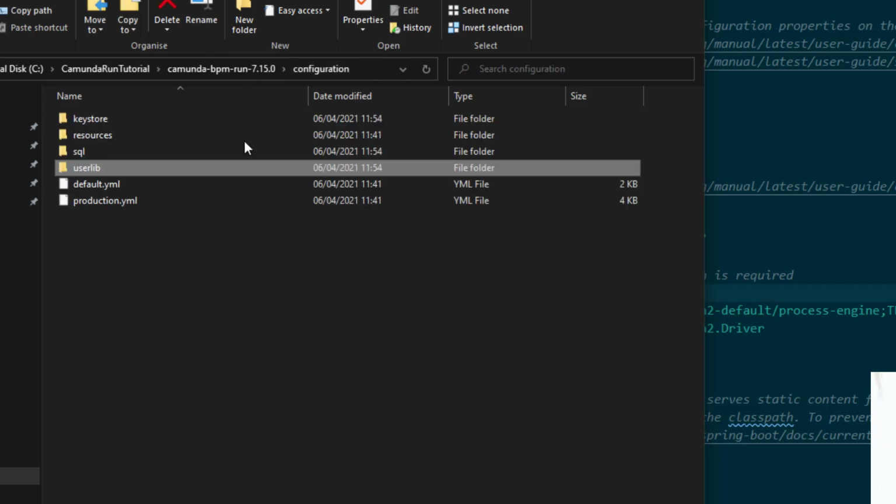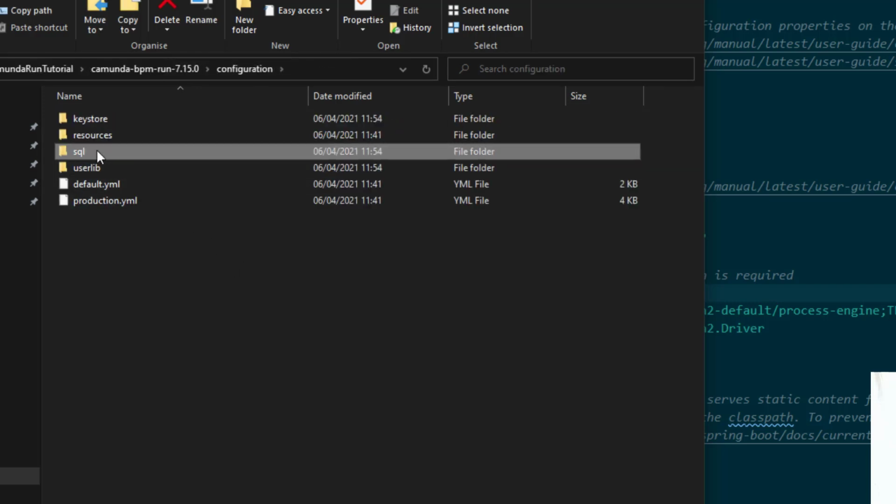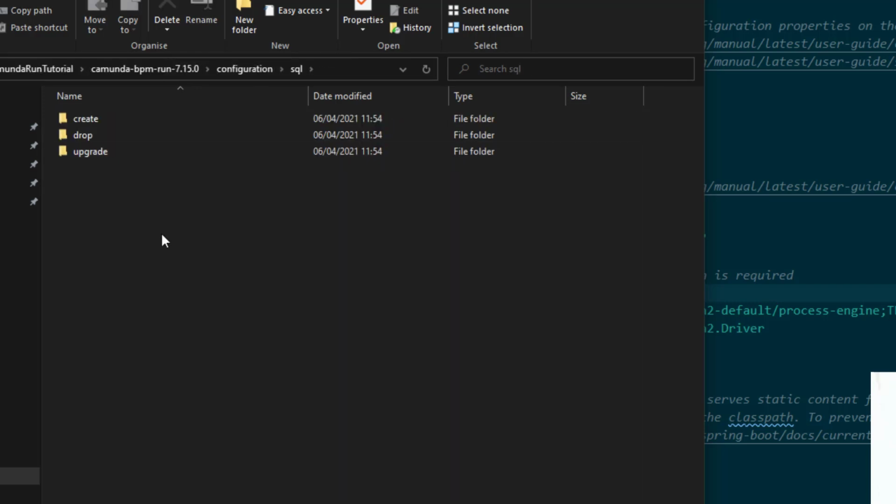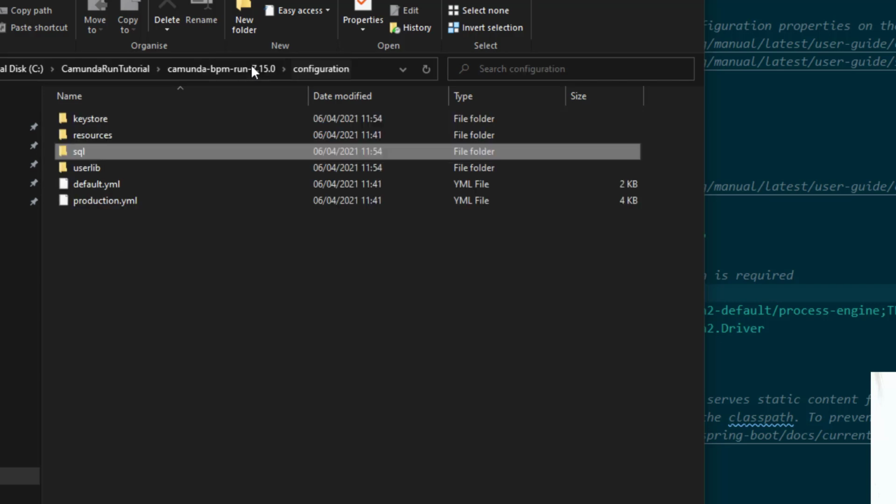We also have this SQL folder. If you point Camunda at a database and the setting auto create schema is set to true, it will use the tables in here to create its own tables as necessary. It also has upgrade tables as well if you're using the older version.